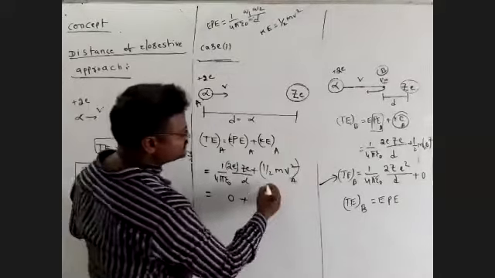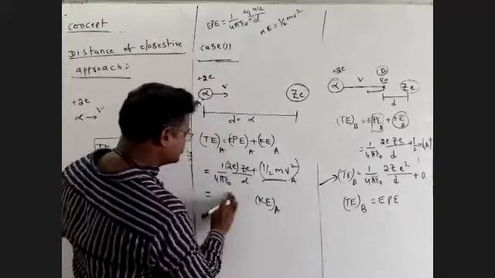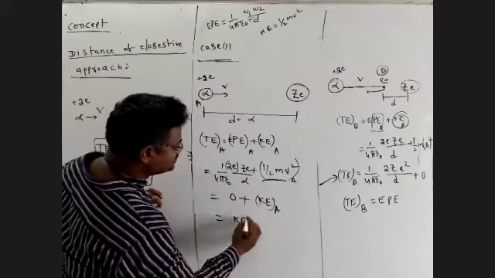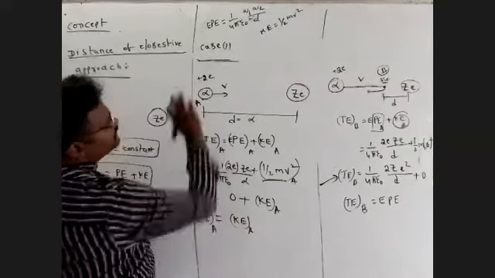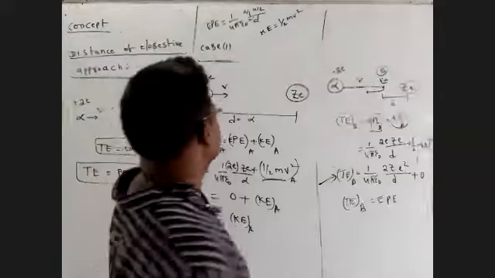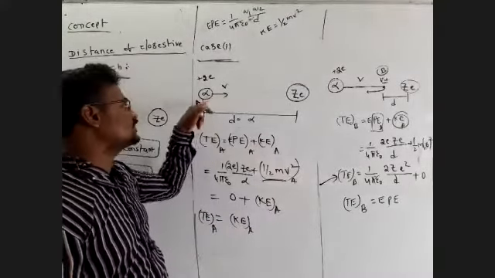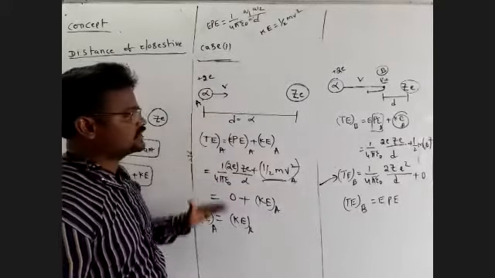This is the kinetic energy. Taking the kinetic energy at this point, the total energy is 0 plus the kinetic energy, so the kinetic energy at this point is equal to the total energy at this point. This is case number 1: the alpha particle starts with velocity v at the starting point.